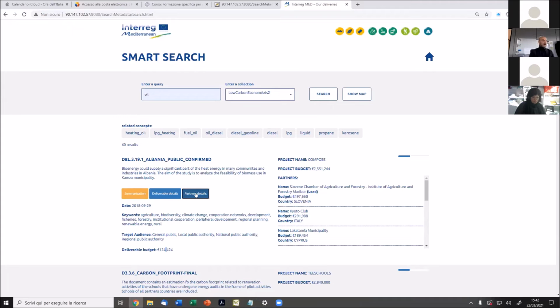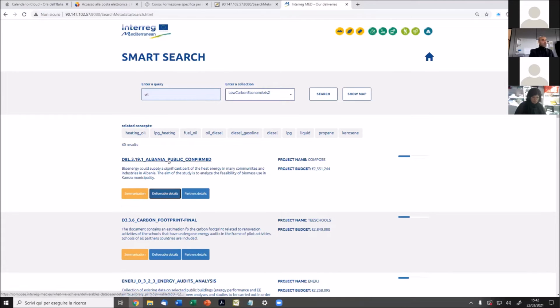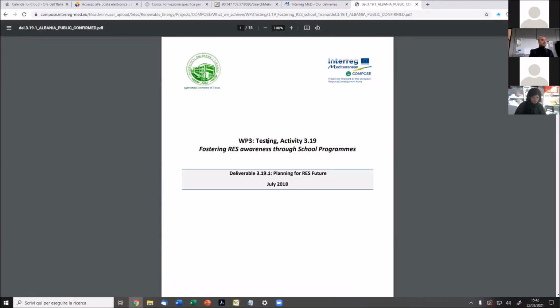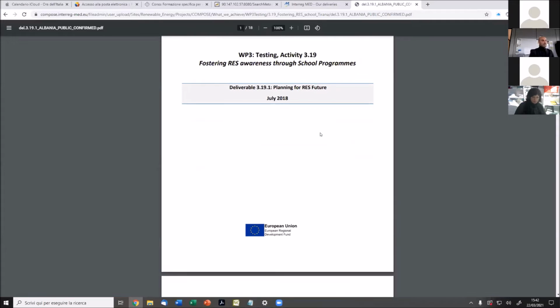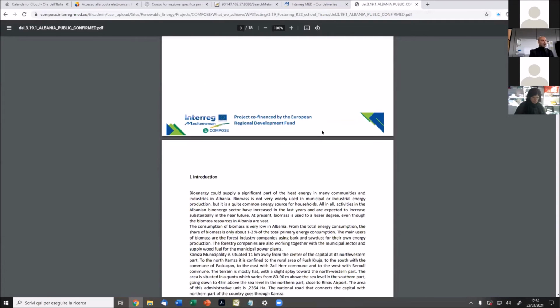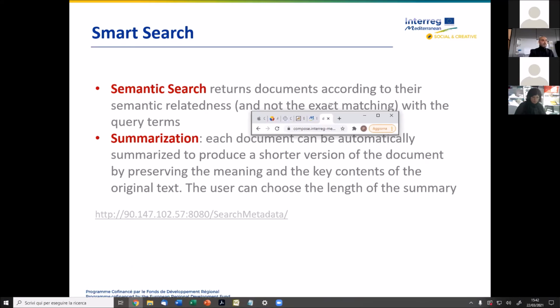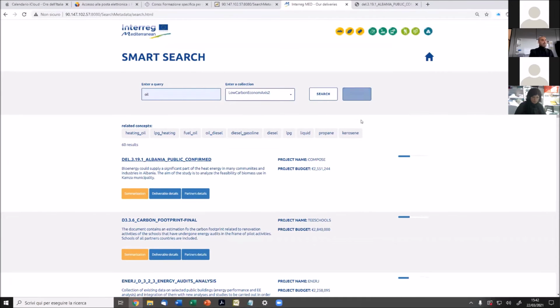also the country. If we click on the document, we obtain a link to the web page of the Interreg Med website, and we could also take a look at the original PDF or Word document. In this case, the document is 18 pages long, and it's about bioenergy, biomass, and so on. If we come back to our system,